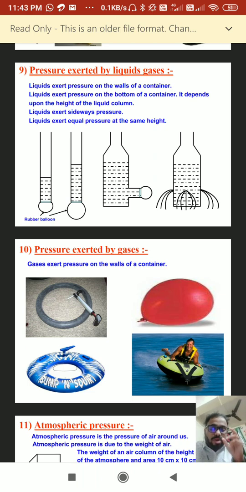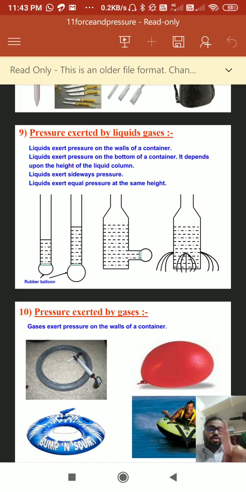So we should know that pressure increases with depth. But when you make 3 holes at the same depth, the distance to which the water falls is at the same level, so that is not a problem. Similarly, liquids also exert pressure. You can see a rubber balloon attached to a cork. If you pour water and put the rubber on, the rubber will try to inflate, which means the liquid is exerting some pressure on that balloon.